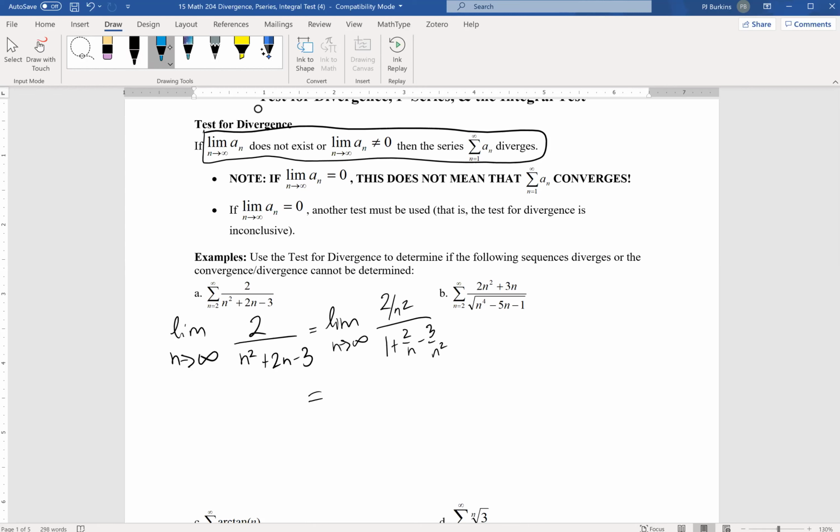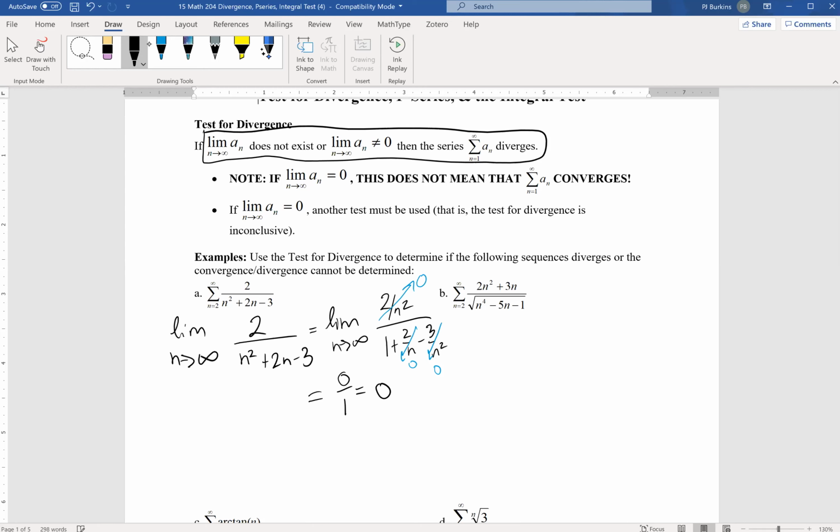Looks like these are going to go to 0 because they're divided by infinity, right? Divide by big numbers goes to 0. This one here also goes to 0. So I end up with